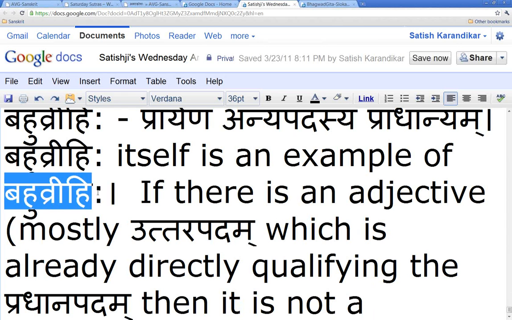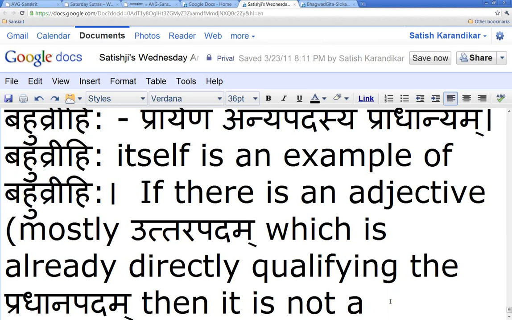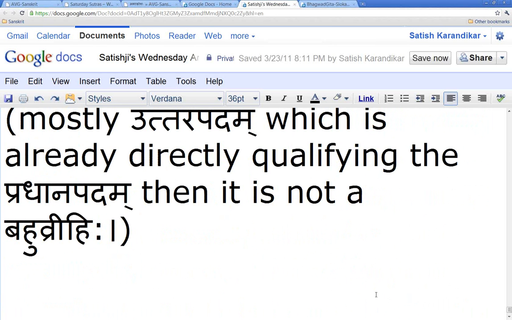Now also I hinted one more thing here: the adjective will normally be the Purva Padam in a Bahuvrihi, not Uttara Padam. Again, we're going into too much detail for today, so let's leave it at this. But what happens is that in the Bahuvrihi compound, like we say Hatamatihi, one who is kind of foolish, his brain is brain dead.